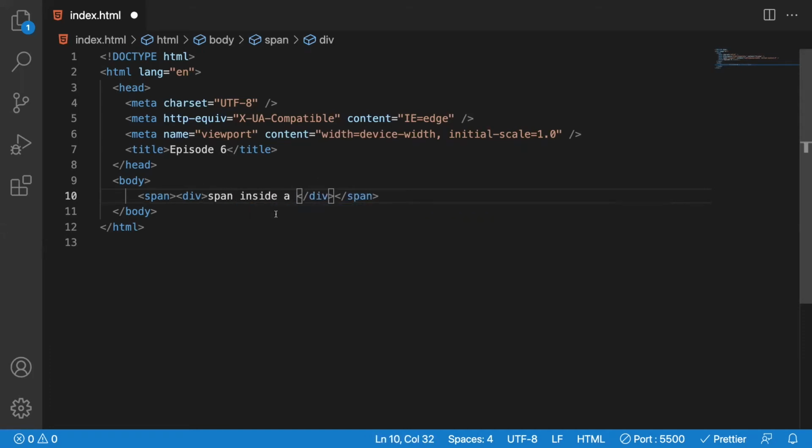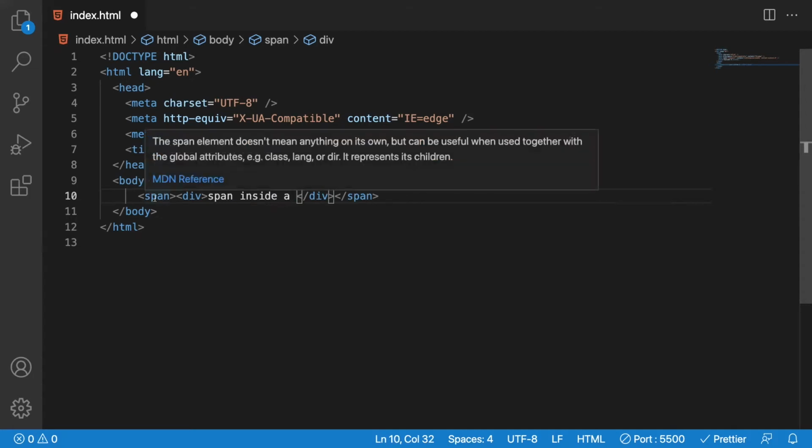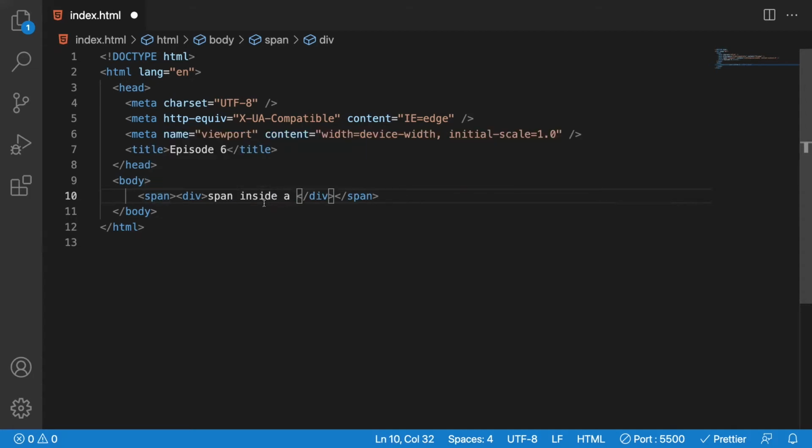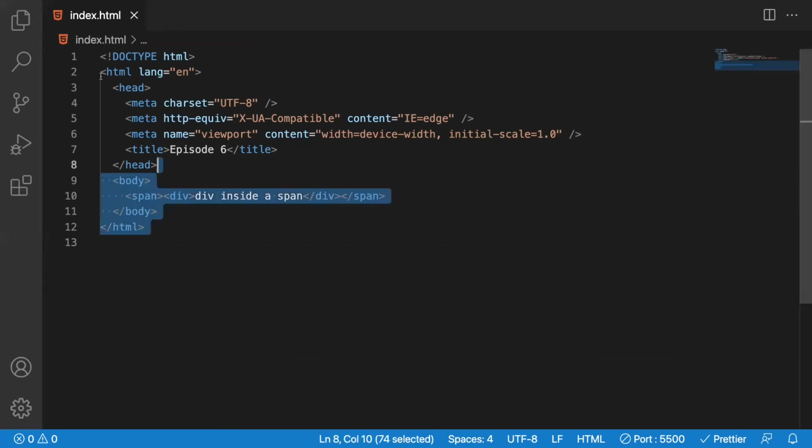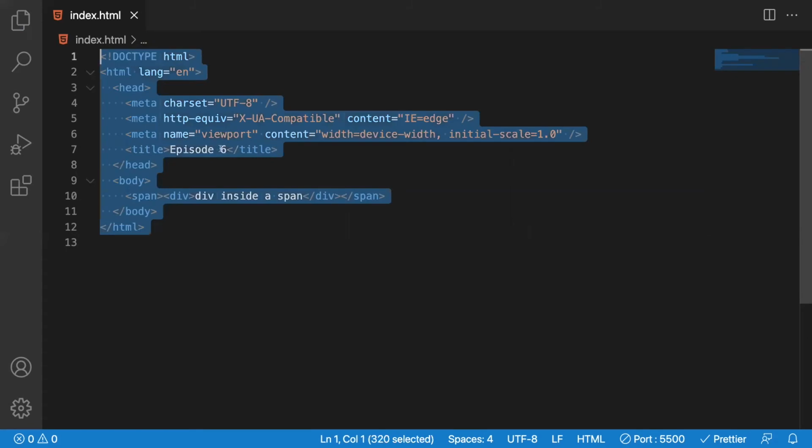Yeah, so here you can see right here the span tag is surrounding a div tag, and I'll just put some content. Let's say div inside a span, div inside a span, and then I copy this code and paste it into the validator,